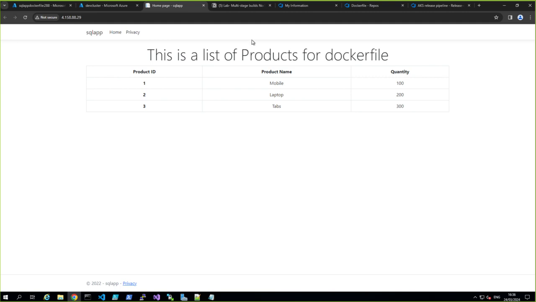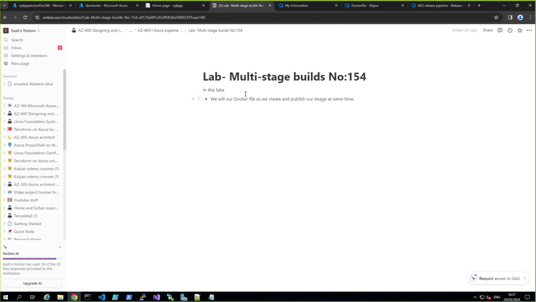So in this exercise, what we have done, we have used multi-stage builds using a Docker file. Yeah. So I hope this is